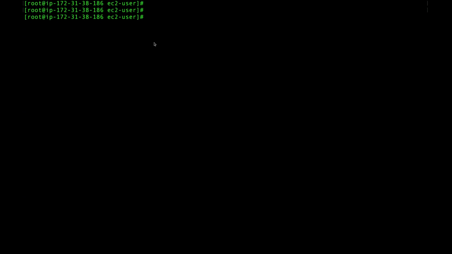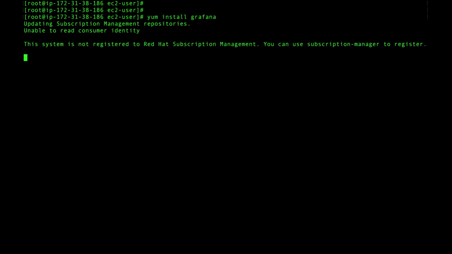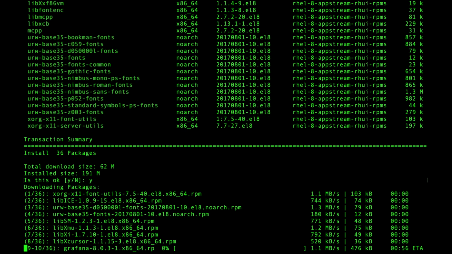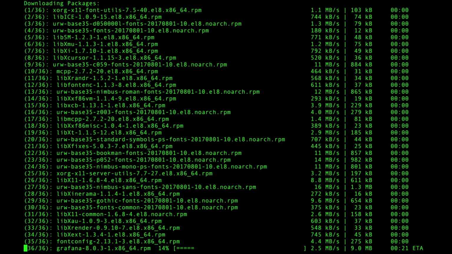Okay, once we have the repo file created, install Grafana using yum install grafana. It will download the Grafana package and all its dependencies. It will take hardly 1 or 2 minutes. As you can see, there are 36 packages in total.